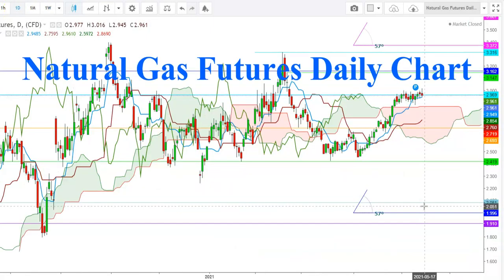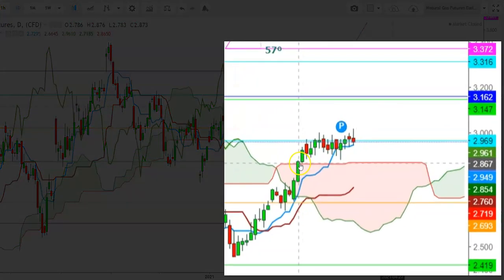So friends, here in a daily time frame, you can see how the natural gas futures have been constantly sustaining above the upper end of Ichimoku cloud, and since then the natural gas futures have been maintaining an uptrend from the levels of $2.583. But here you can see how the natural gas futures have been finding a stiff resistance at the psychological resistance at $3, where I find that the natural gas futures could test a breakout above the